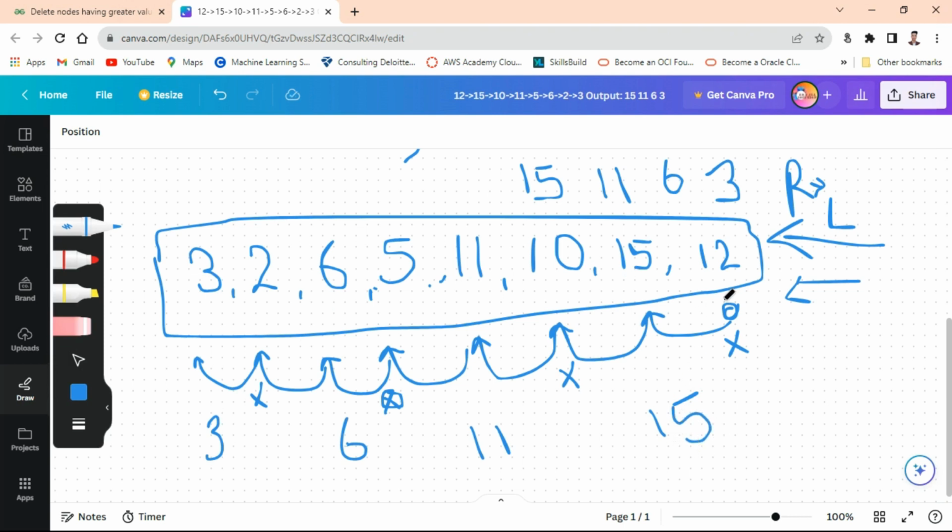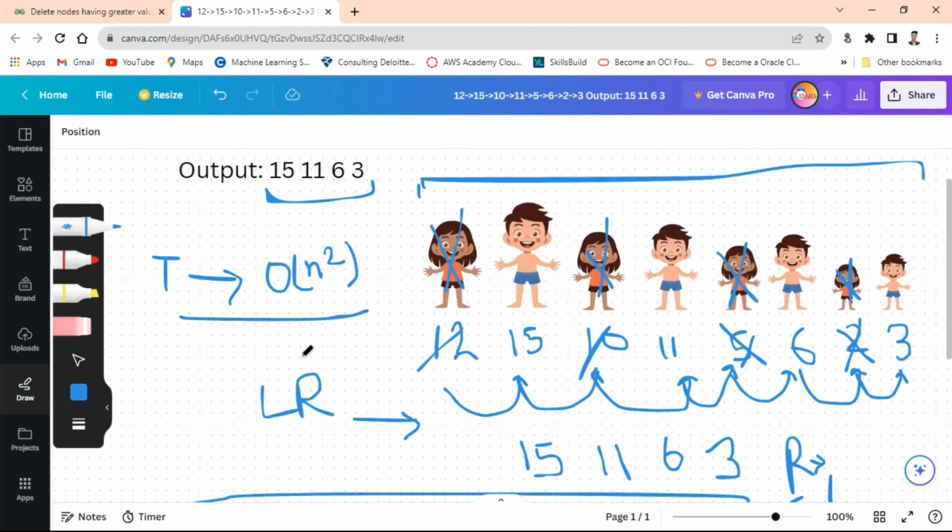So in this scenario there is no need for the double for loop, because we are directly comparing and deleting the values one by one, in order of 1, left to right. Okay, and this one is our answer, and you can see here 15,